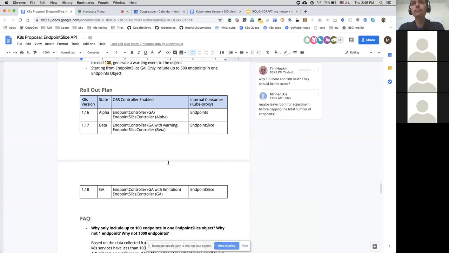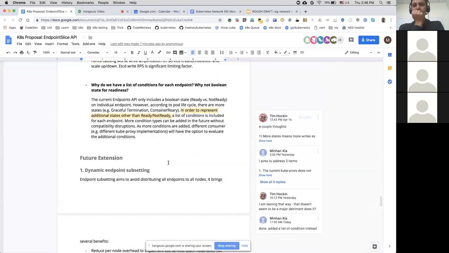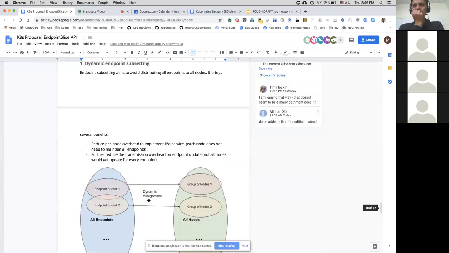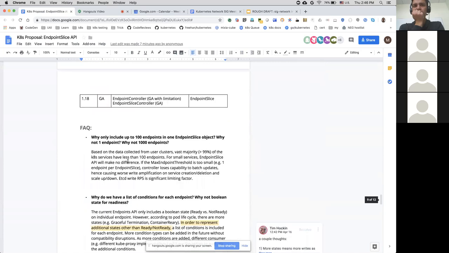I don't want to bikeshed too much on naming, but have you considered naming the API endpoint shard instead? Because you've been using both terms, slice and shard. We used to name it endpoint subset, but then we didn't want to conflate subsetting and slicing, like basically sharding.